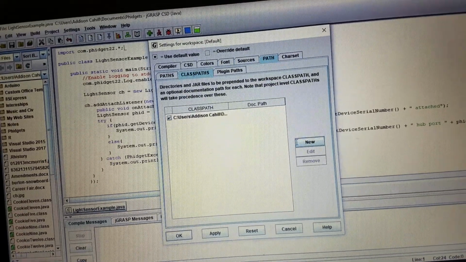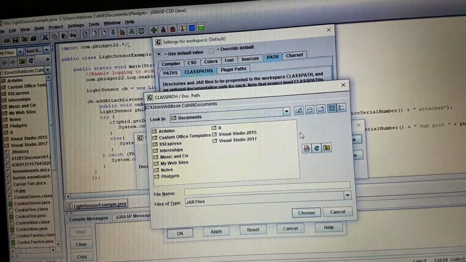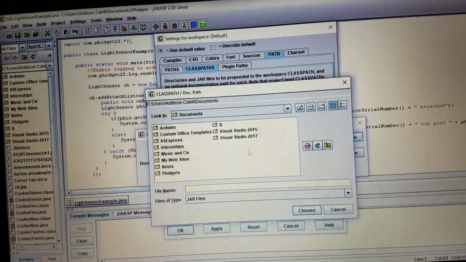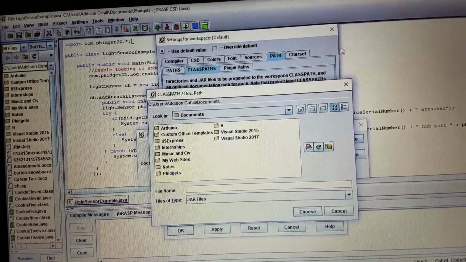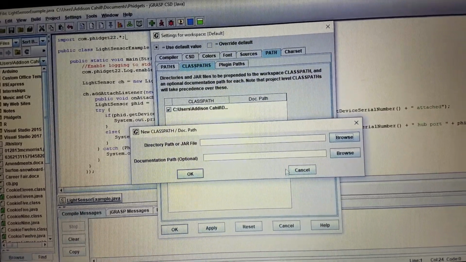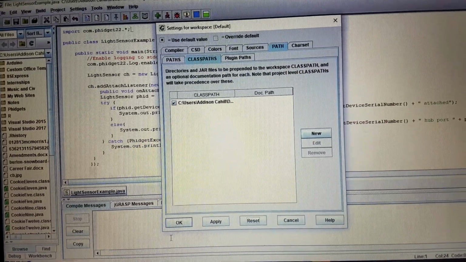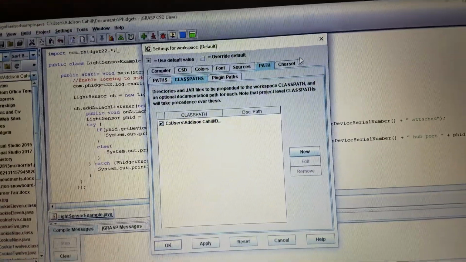If you don't, then you want to click New, and then you want to Browse. And then you're going to find where that phidget22.jar file is, because that is the class path. You're going to want to find that, click on that, and then click OK. And then click Apply and OK again, and then you should be up and running and able to program your